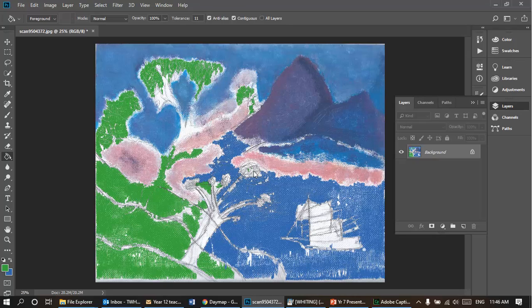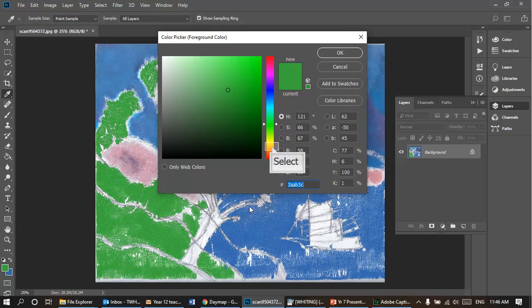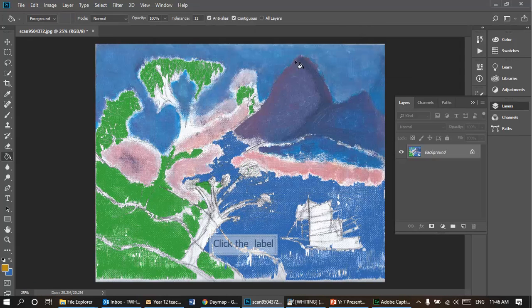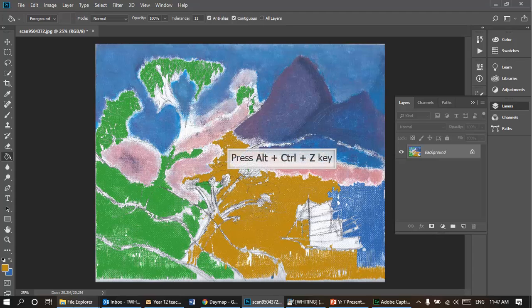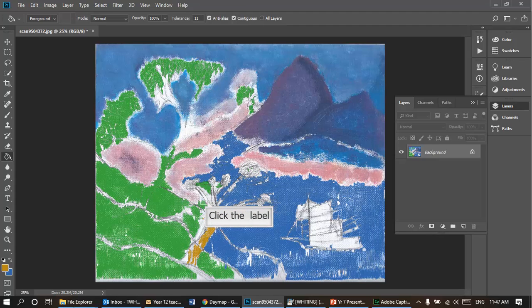Okay, so we'll do brown. Now we'll click on that again, and we want brown, which is basically here. Go in there for the brown, hit OK, and we'll see what we can do with the trees very quickly. I'm tapping in the area just to try and Control Z. Ooh, Control Alt Z. Got a bit too much of the water, so I can go in here a bit just to get a bit of the